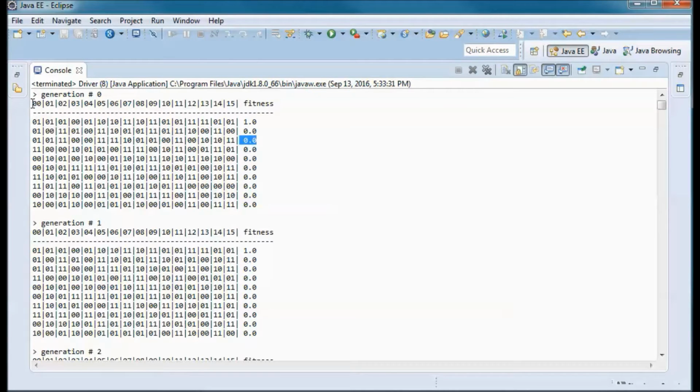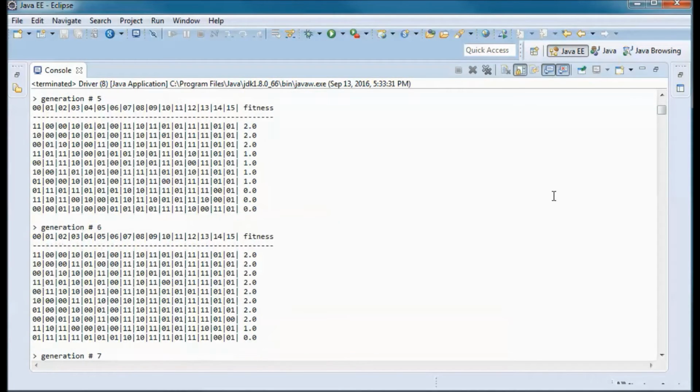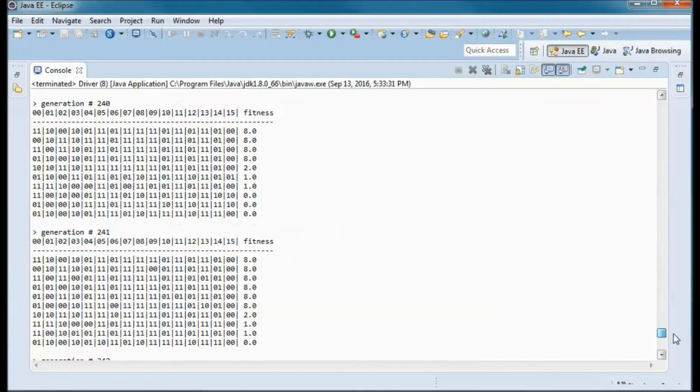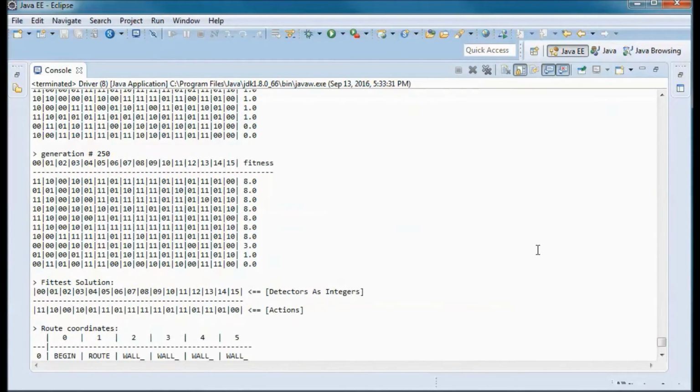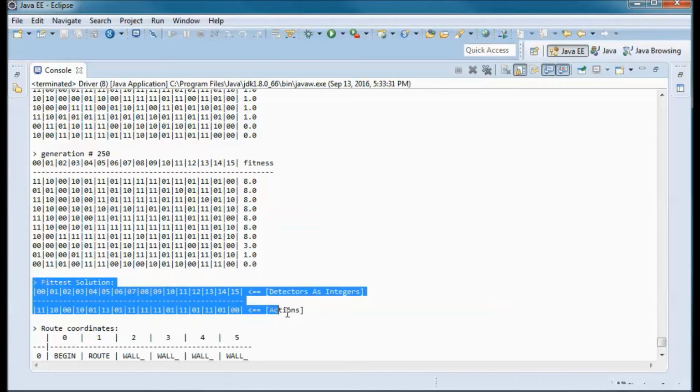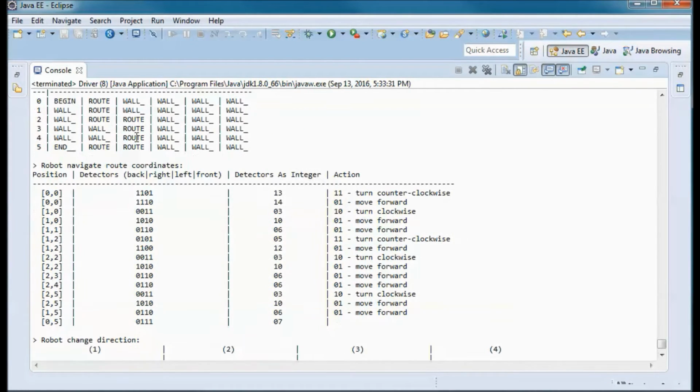So we start from this generation, and after 250 generations we end up with this fittest solution that we are printing over here, and this is what allowed the robot to go from begin to end, so from position 0 0 to position 0 5.